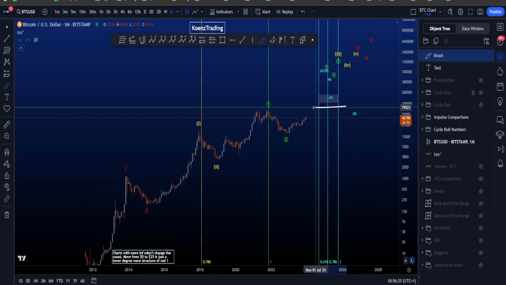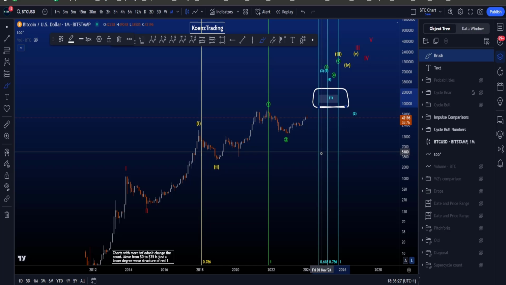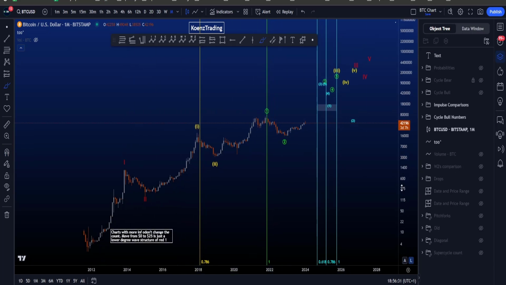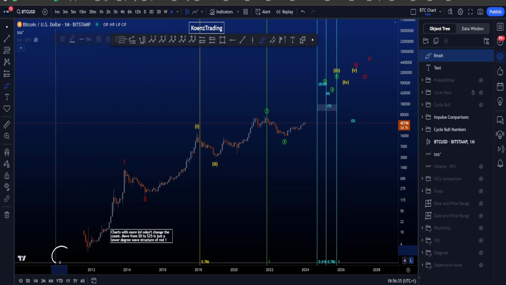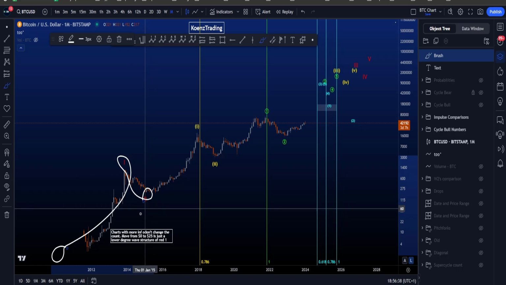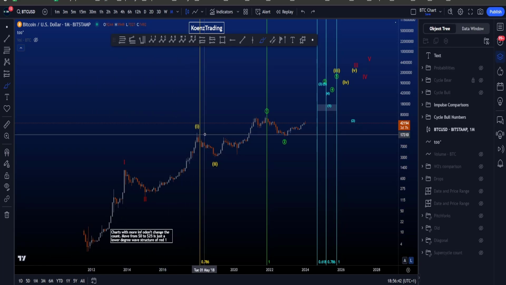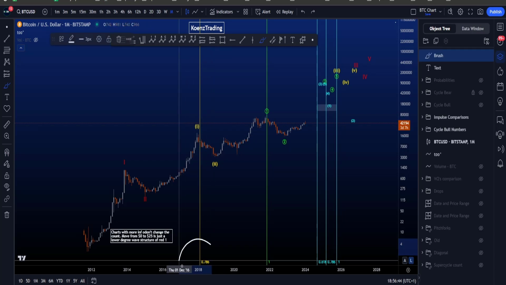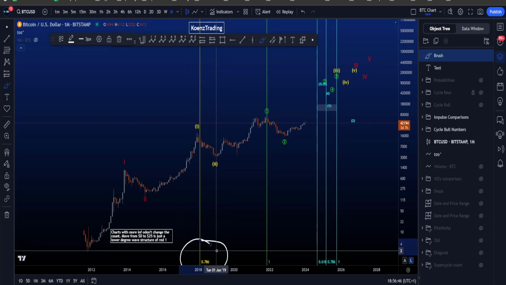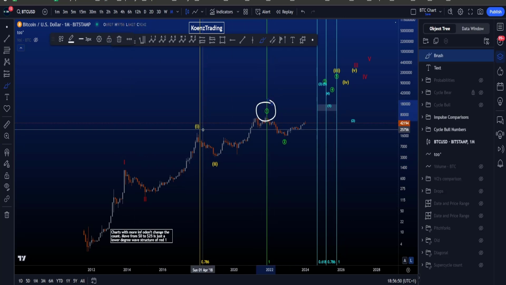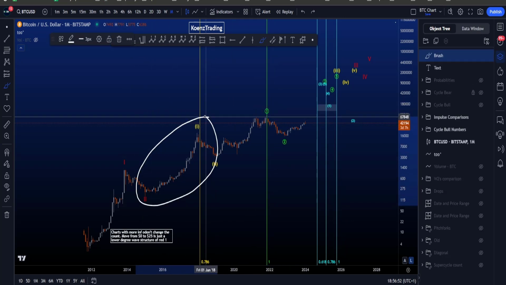If we want to know when this wave 1 might top out, we have to compare the previous wave 1s with one another in time. And that is what we can do with the trend-based Fib time over here that we take from the low to the high of 1 to the low of 2 to compare the red 1 with the yellow wave 1. And you can see that the yellow wave 1 was a little bit shorter in time, almost hitting the 0.786 compared to the red wave 1, while the green wave 1 was the exact same amount of time as this